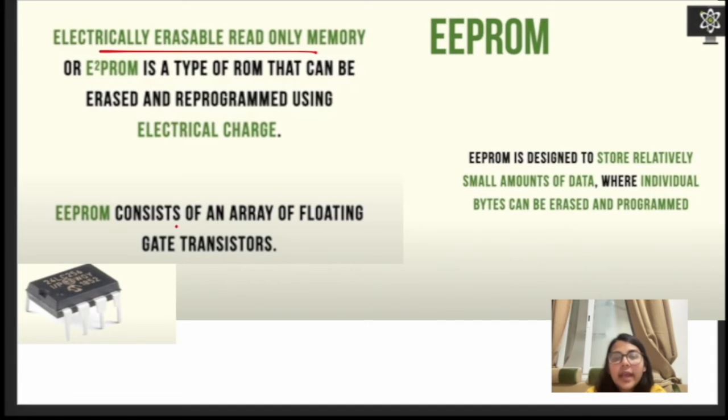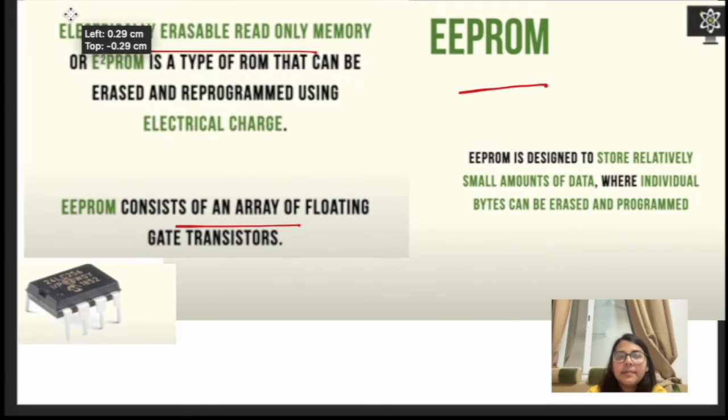EEPROM consists of an array of floating gate transistors. EEPROM is designed to store a relatively small amount of data, where individual bytes can be erased and programmed. So then we have this EEPROM, and what is the extension of this, students? Electrically erasable read-only memory. And are you able to find the features of EEPROM? Yes, here you can see this is